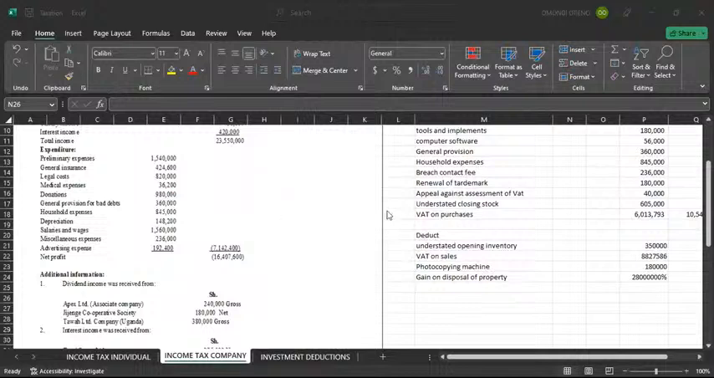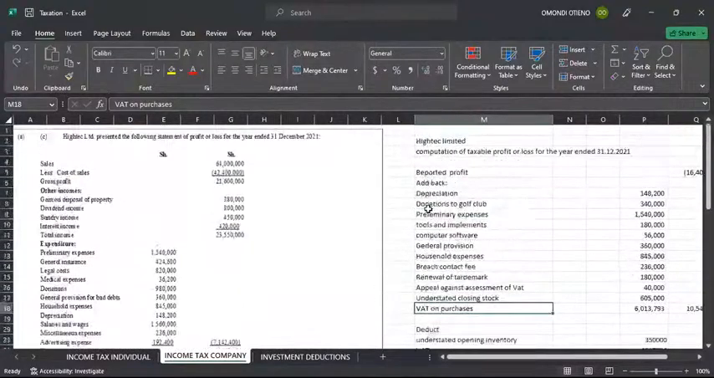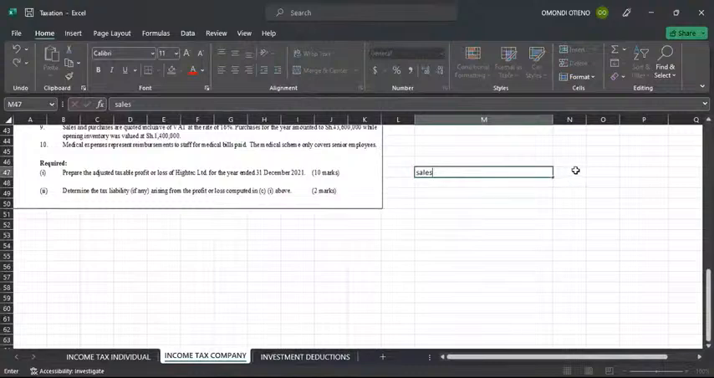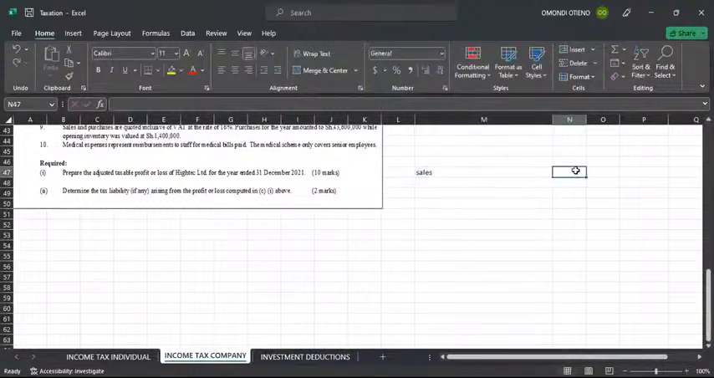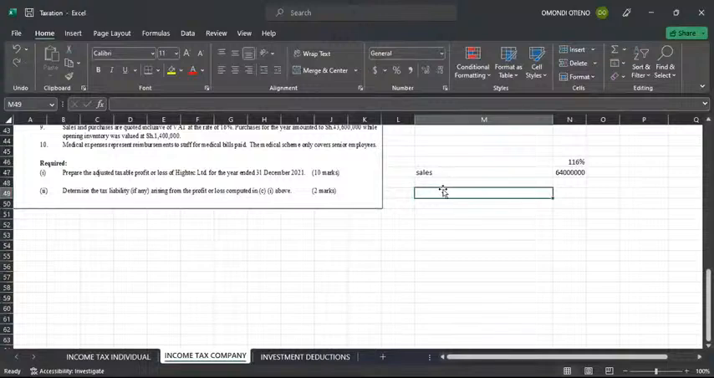VAT on sales. So VAT on sales, this is what we have been given here. The value which is given up here is inclusive of VAT at the rate of 16%. This is what we've done. Sales includes VAT of 16%, and the value given to us is 64 million. 64 million, if it has VAT inside, we have 116%,